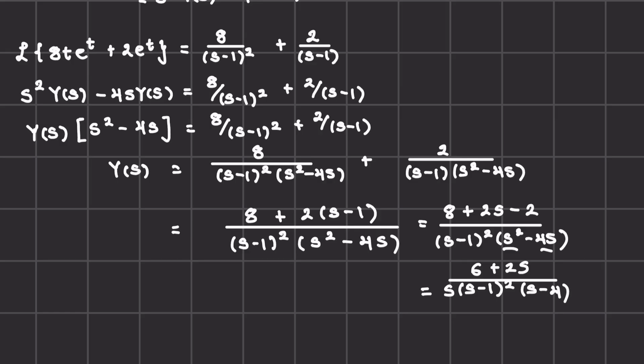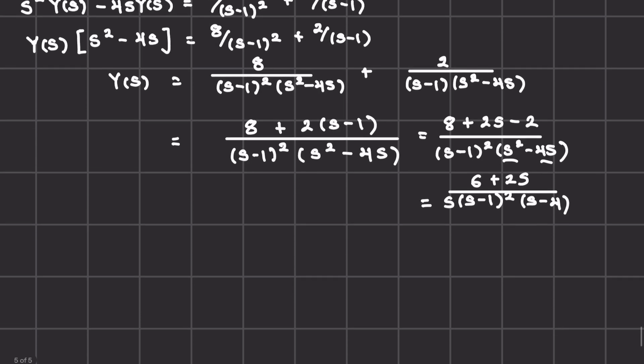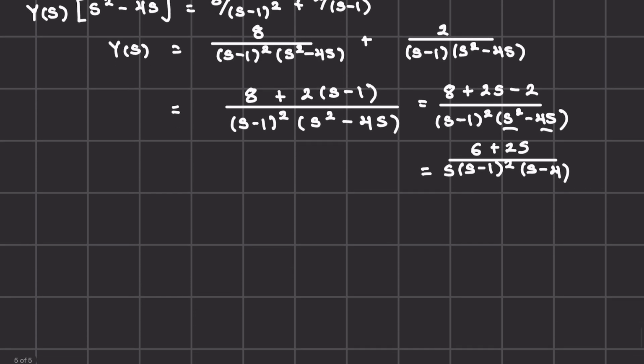Okay, we have simplified the fraction into the simplest form, and we've combined the terms, and we've got the common denominator. Now, what we're gonna do, as you all may guess, and what I've mentioned previously, we're gonna do the partial fraction decomposition. Okay, so now Y(s) is equal to (2s + 6) over (s - 1) squared times (s - 4),